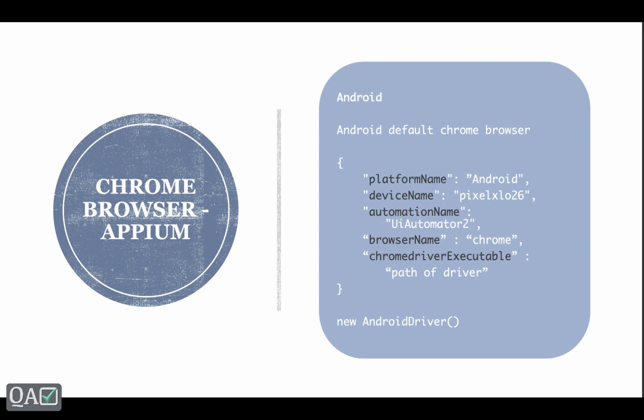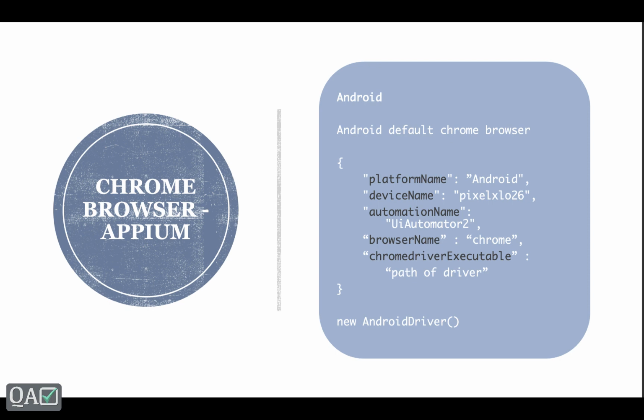Okay, and then Chrome driver executable. This is something new. If you are already familiar with Selenium, even when you want to automate a Chrome browser on your desktop, be it on Mac or Windows, you need a driver, right, a Chrome driver, which will help you run the tests. The same thing for APM also, you need the Chrome driver executable. And we'll see some more features that APM is giving a bit later in this session.